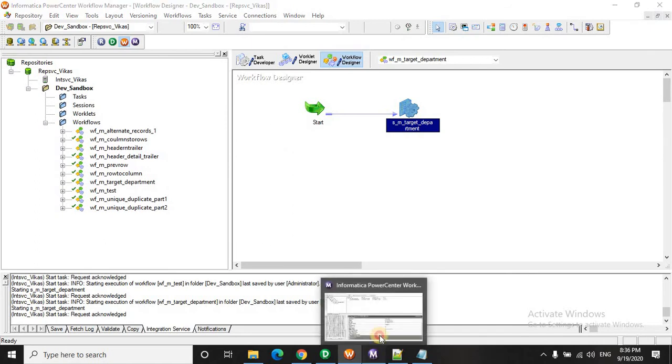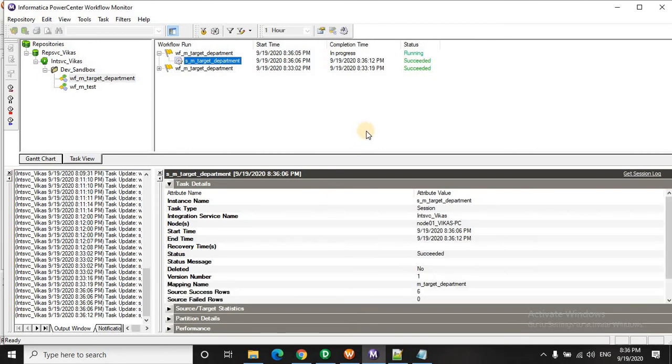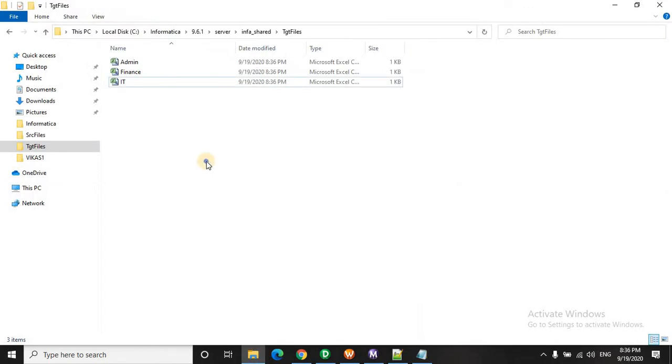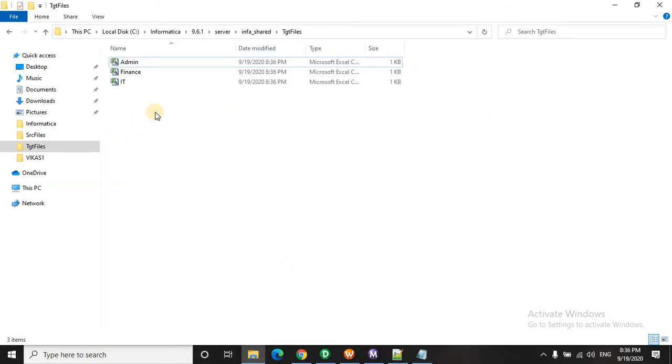Let's run this task again. Okay, here you see the file is now deleted. So as per your requirement, you need 3 files, that is 3 departments are there in your source in the input file. So you are creating 3 files.